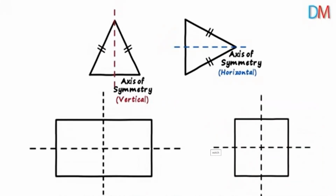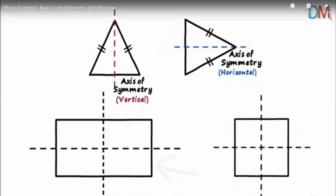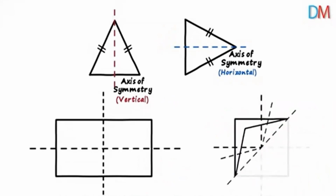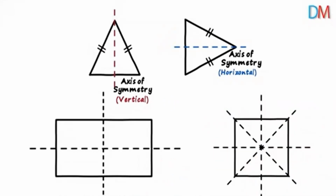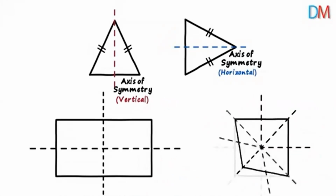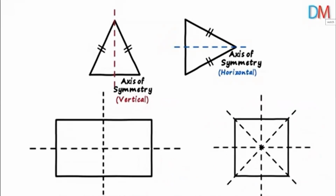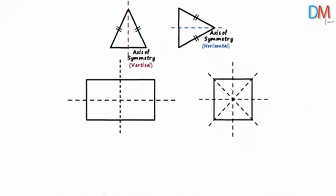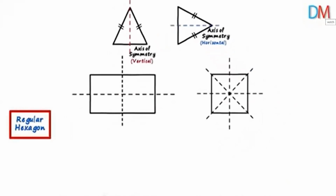It's a vertical axis of symmetry, just like the rectangle. But for a square, the two diagonals will also be the axis of symmetry. If we fold it along this diagonal, the parts match. And even if we fold it along this diagonal, these two parts overlap exactly. So a square has four axes of symmetry: horizontal, vertical, and the two diagonals. More than four? What if we have a figure like a regular hexagon? A regular hexagon is a closed